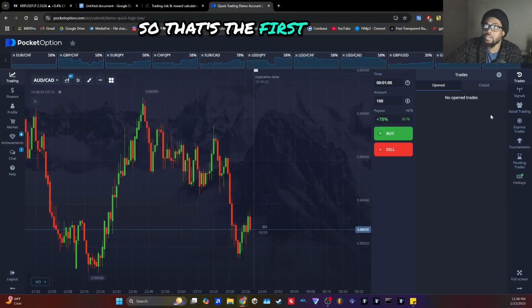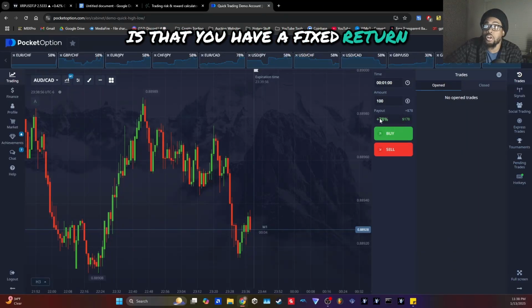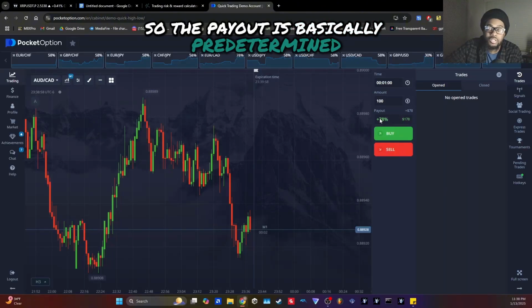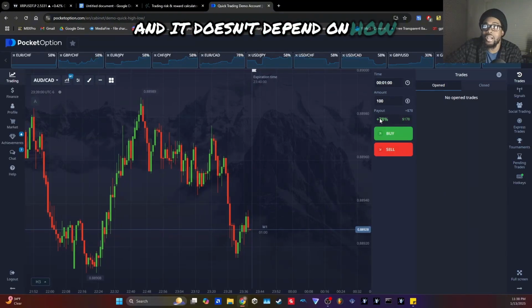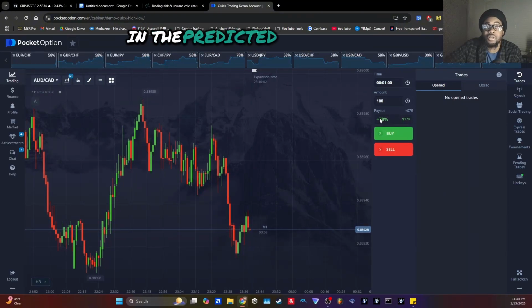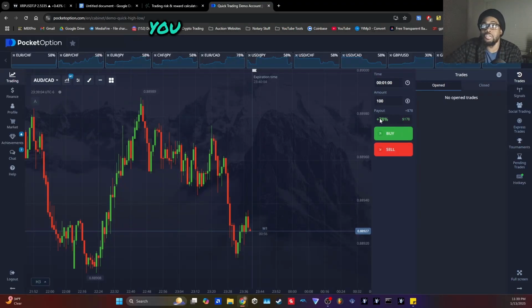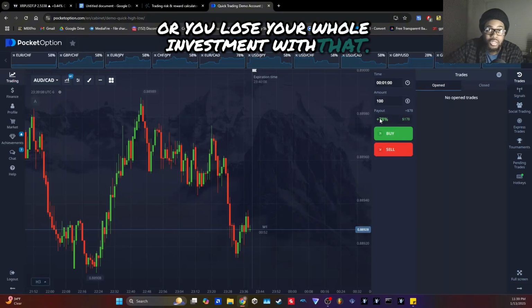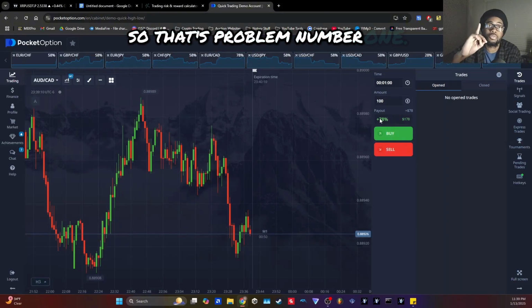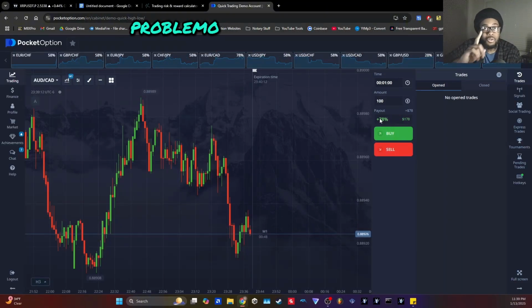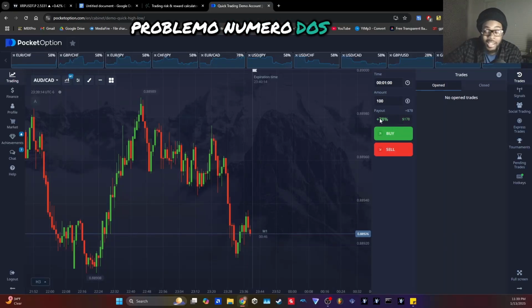So that's the first problem with this, is that you have a fixed return. So the payout is basically predetermined, and it doesn't depend on how much the price moves in the predicted direction. You either earn the fixed payout or you lose your whole investment with that. So that's problem number 1. Problema numero dos